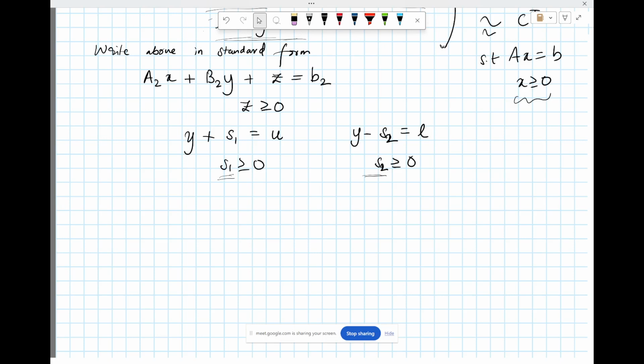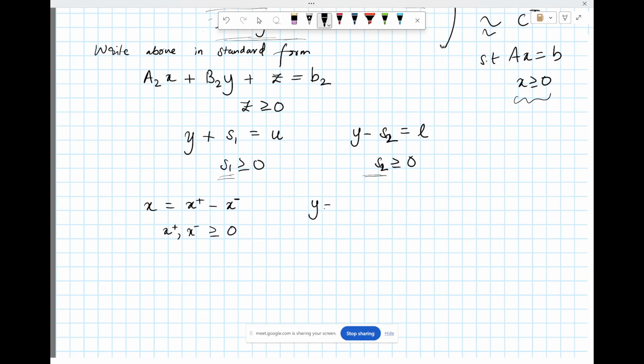So you can write x as some x plus minus some x minus, right? Any real number can be written as the difference of two positive real numbers. Similarly, x plus, x minus are greater than or equal to 0,